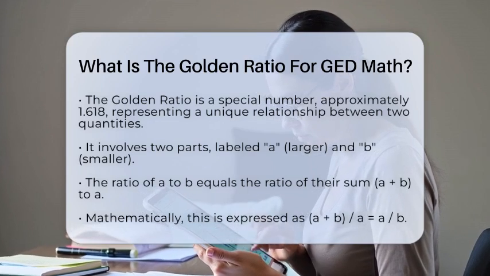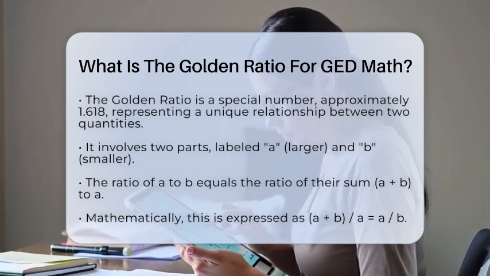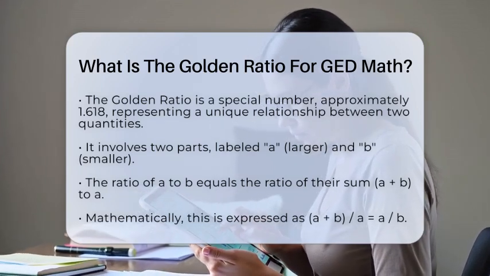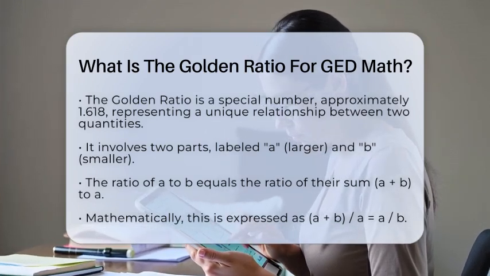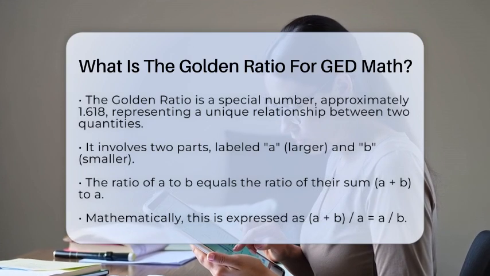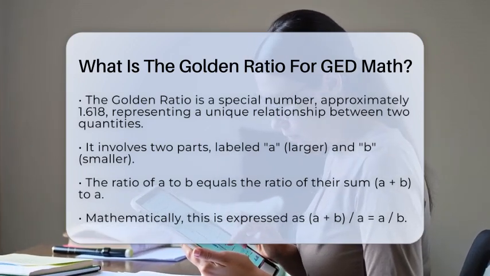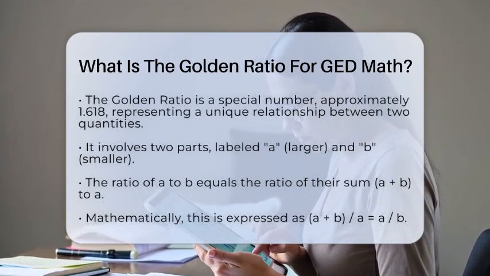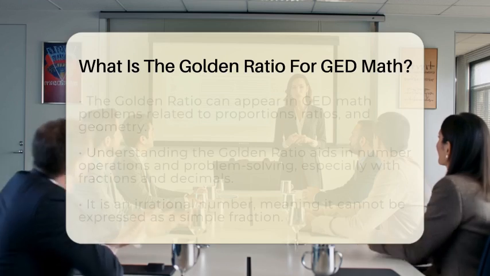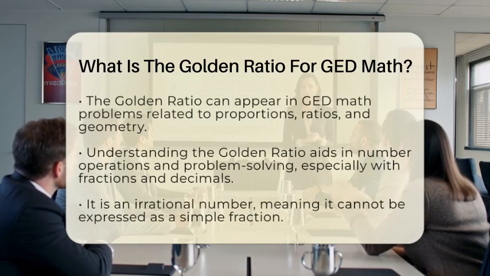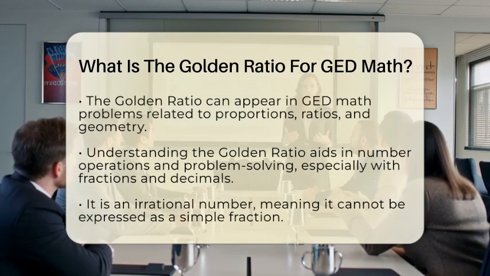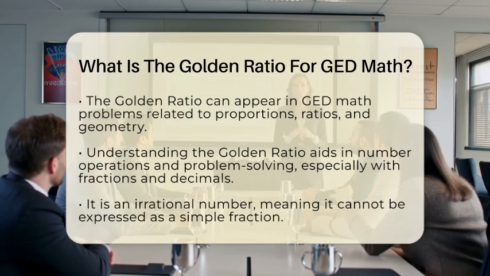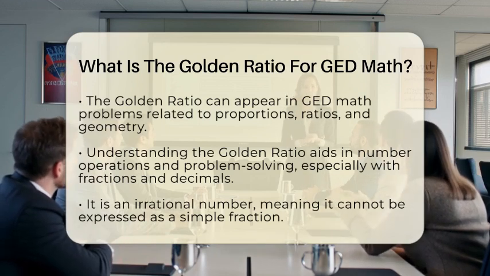When you have two parts, let's call them A for the larger part and B for the smaller part, they are in the golden ratio if the ratio of the larger part to the smaller part is the same as the ratio of their sum to the larger part. In simpler terms, if you take the whole length and divide it by the longer part, you should get the same result as dividing the longer part by the shorter part. This relationship can be expressed mathematically as (A + B) / A = A / B, which is